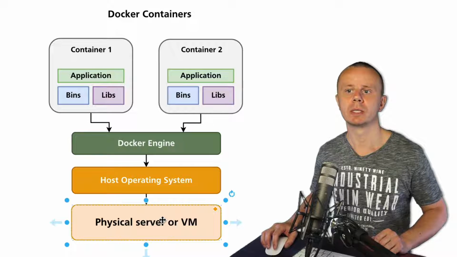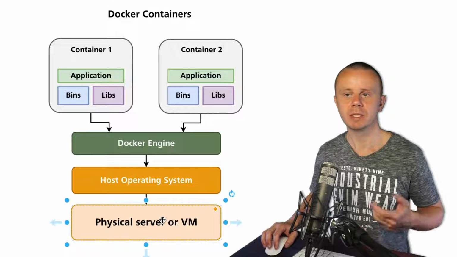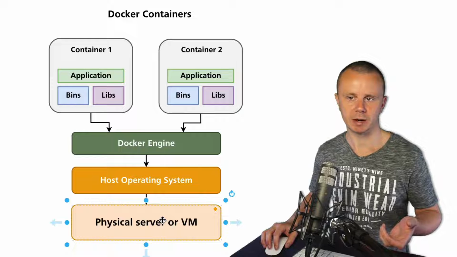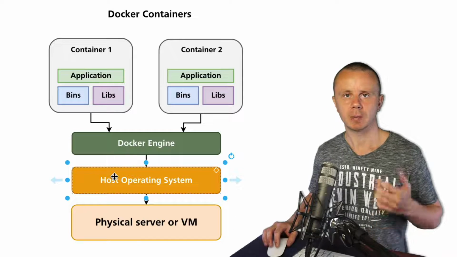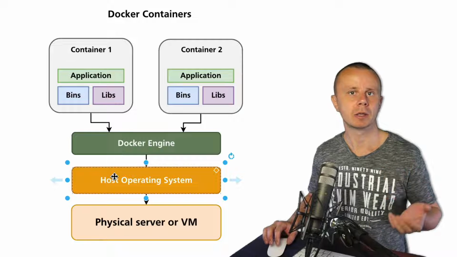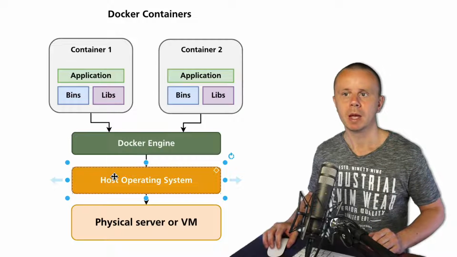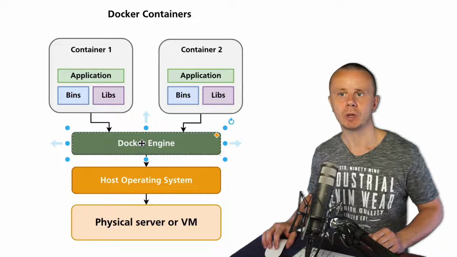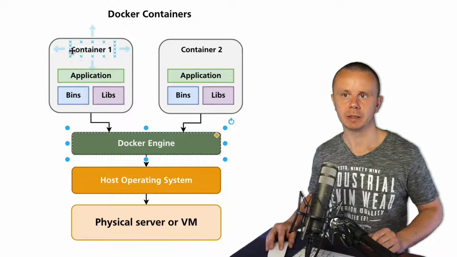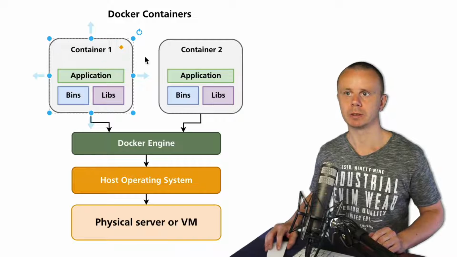First of all, there is the same as with virtual machines, physical server or virtual server. Next to it there is host operating system, like Mac OS, Windows or any other Linux-like system. Next there is Docker engine. And on top of Docker engine there are containers, and on this diagram there are 2 containers, container 1 and